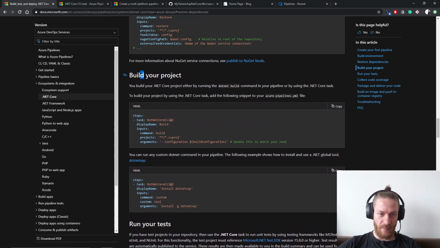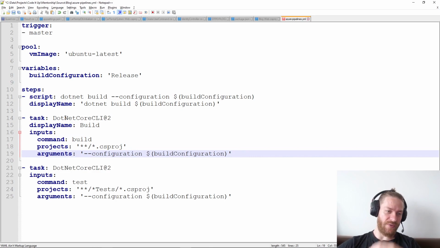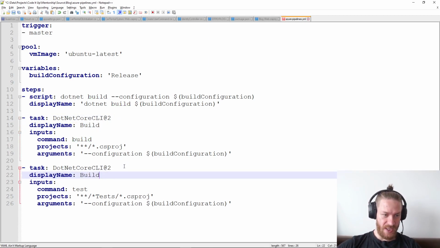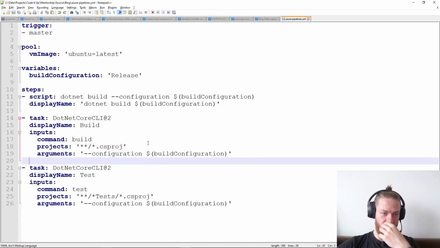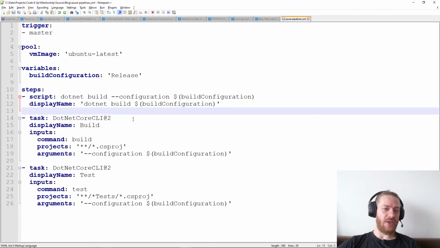So if I want to build an app, I can copy this task like here, like that. The order of the tasks matters because these tasks will be run one after another. So if I say build, then I'm going to say here display name test like this, and I'm going to remove that. So my initial